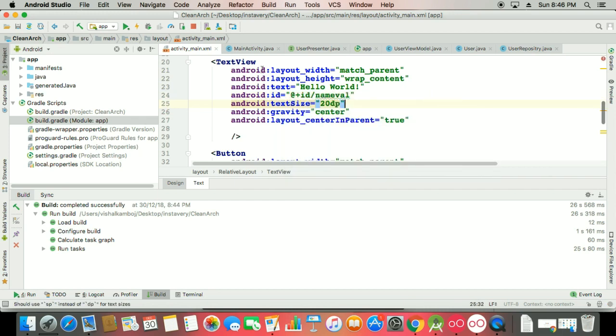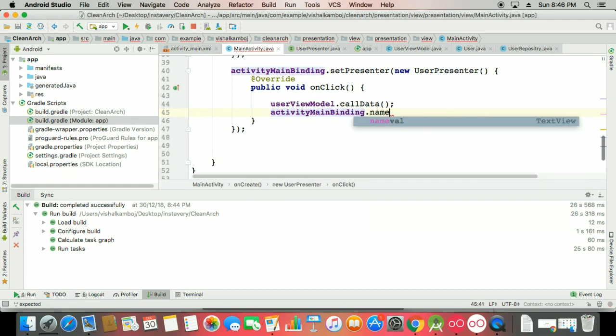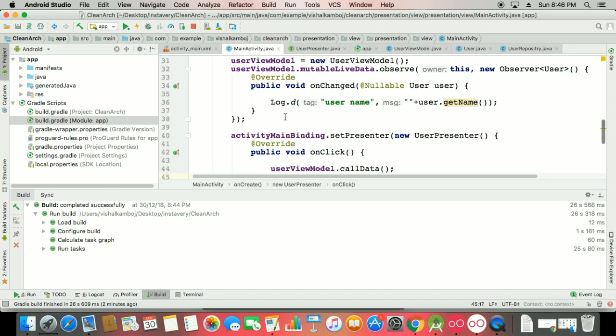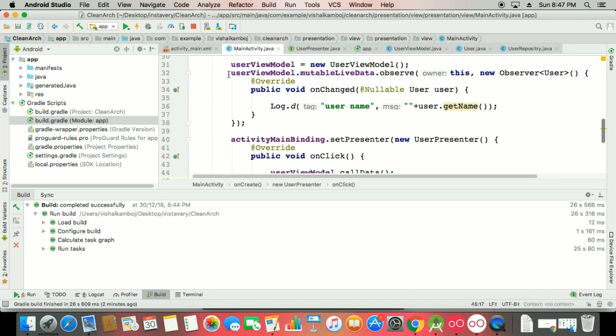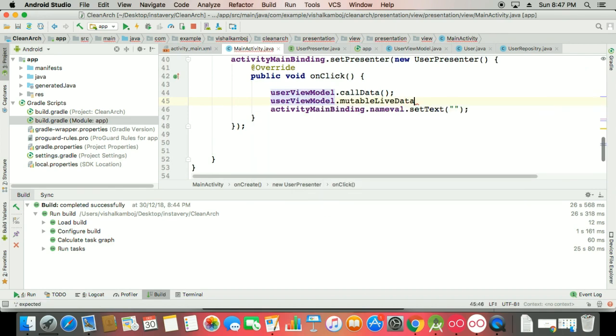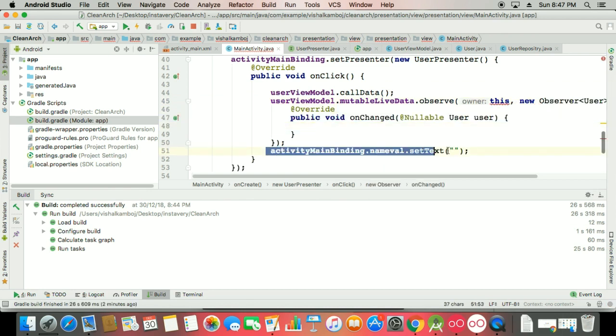Okay, so there, activity main binding dot name well dot set text here, and when you call this call data, I need a user view model dot the table live data dot observe this comma new Observer, and you can show those values inside.